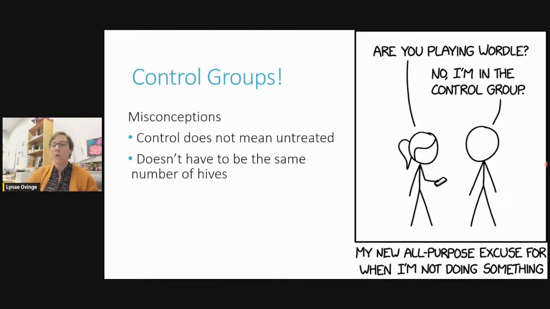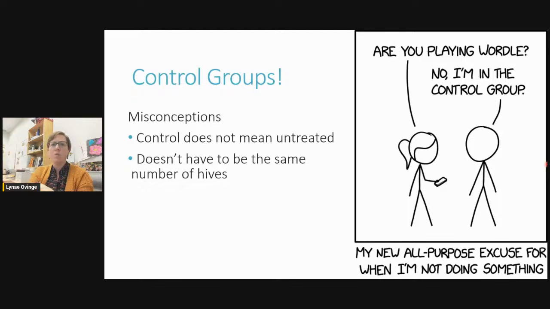And again, this is something where you watch us researchers up on the stage. We do this all the time. We've got 20 treated hives, 20 controls. Okay. It doesn't have to be that way. So let's say there's something you're really confident in and you want to try it in your operation. You can do it to 90 yards and leave 10 yards as a control. Okay, that's okay. And also vice versa.